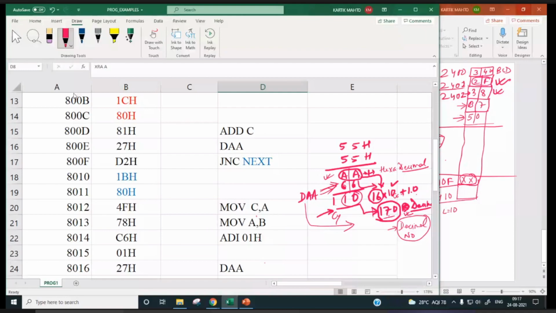But if you take 55 plus 55, both are BCD, each nibble is less than 9. Now, if you add these two, the result produces AAH. If you convert this to the corresponding decimal value by the code conversion technique, it will be 170.